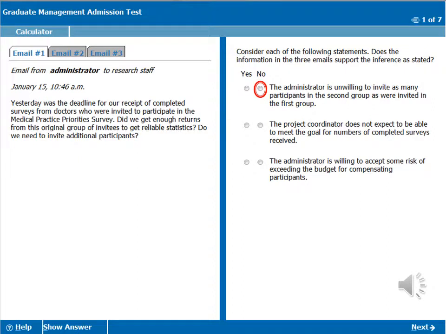Over the next couple slides, you will see 3 emails from an administrator to their research staff. After carefully reading each email, determine whether the information in the email supports one of the inference statements on the right. Email number 1